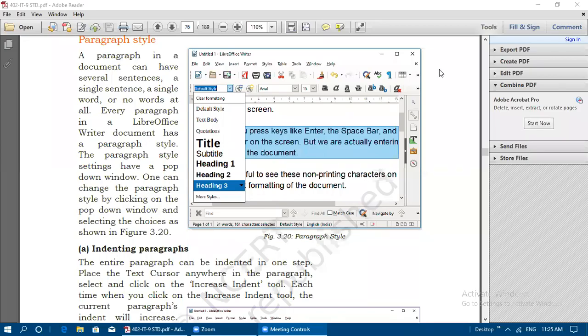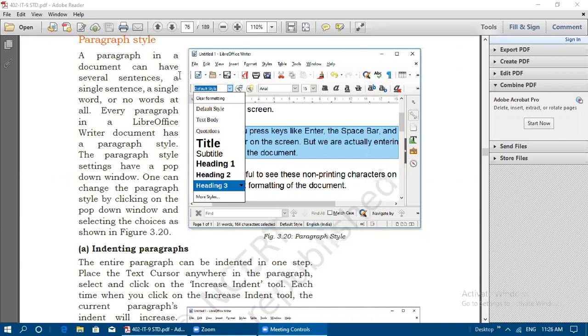Today we are going to see the following topics: paragraph style formatting, paragraph formatting features, and then page formatting features, and then table creation and some of the formatting features which are available in the table, and the last one is printing a document. So these are the major topics we will cover here today. So let us see the subtopics also inside these formatting features.